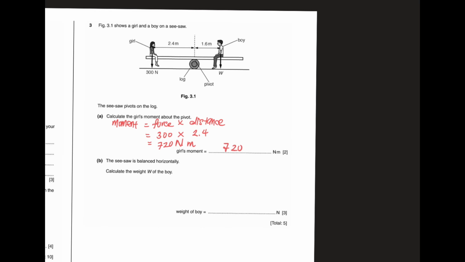So we look at part B now. The seesaw is balanced horizontally. Calculate the weight W of the boy. Okay, so we have to use the equilibrium concept, where the clockwise moment